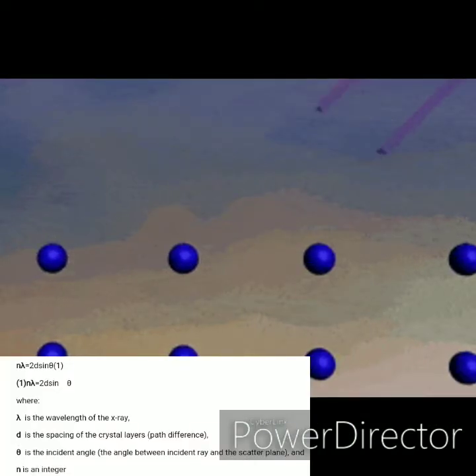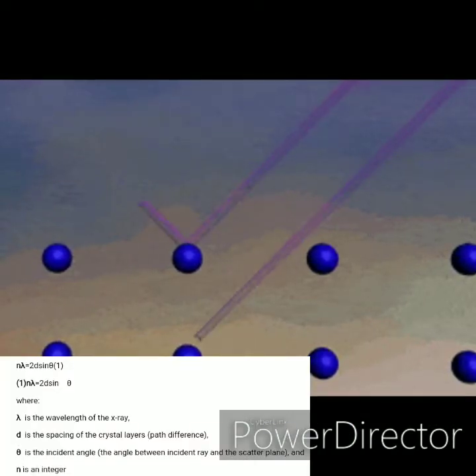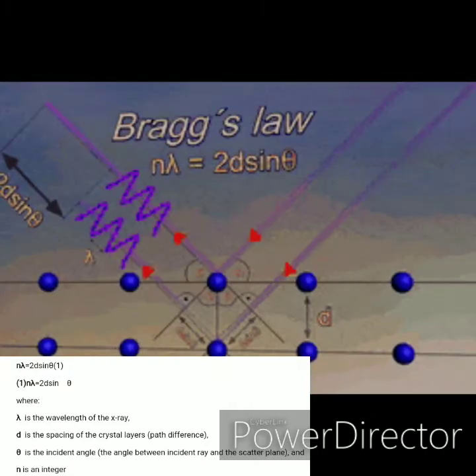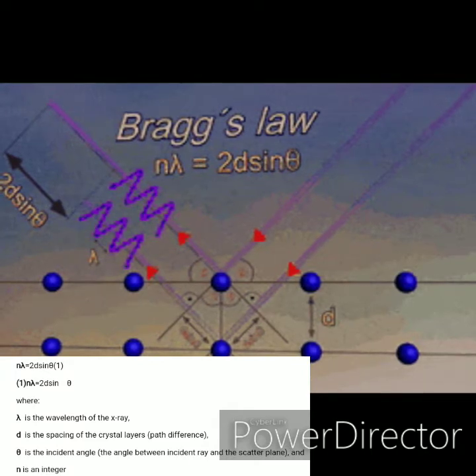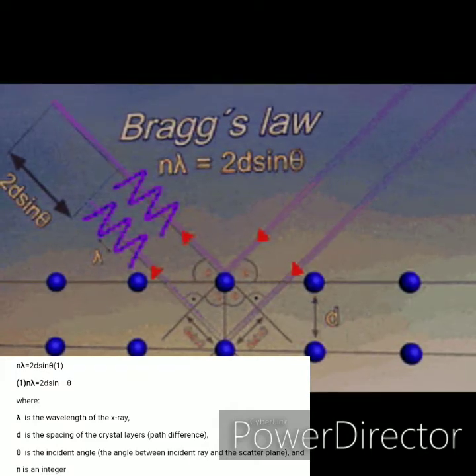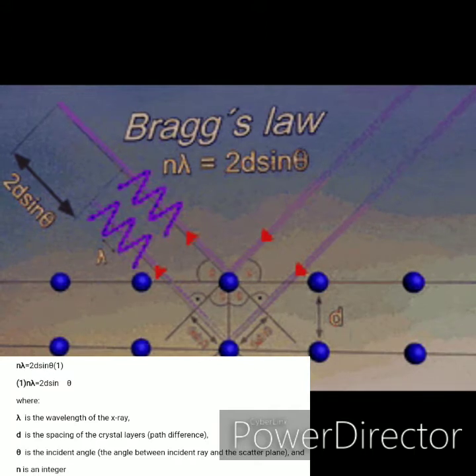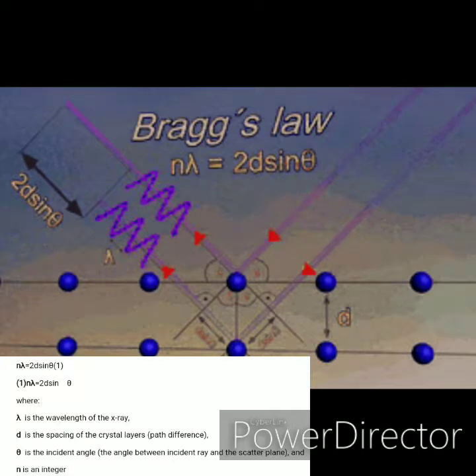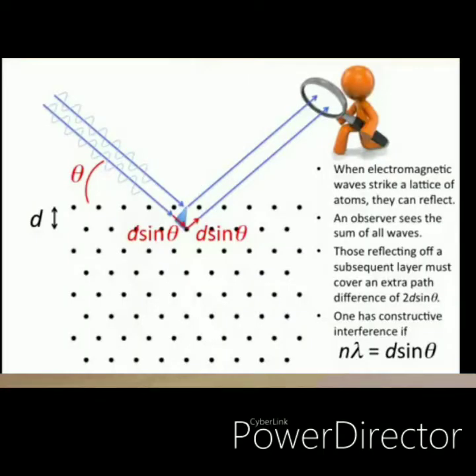Now we're going to discuss the Bragg equation and its relation to X-ray diffraction. Bragg's law has the equation nλ = 2d sin θ, where λ is the wavelength of the X-ray, d is the spacing of the crystal layers or the path difference, θ is the incident angle, and n is an integer. This diagram shows the X-ray diffraction. When electromagnetic waves strike a lattice of atoms, they can reflect. Those reflecting off a subsequent layer must cover an extra path difference of 2d sin θ, and